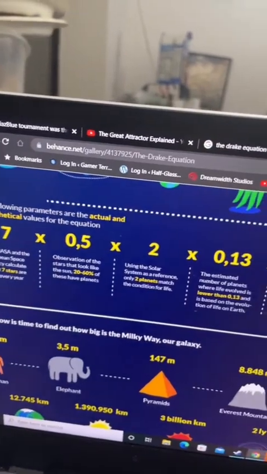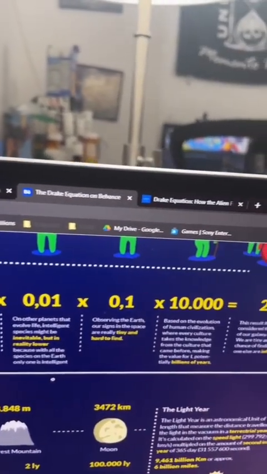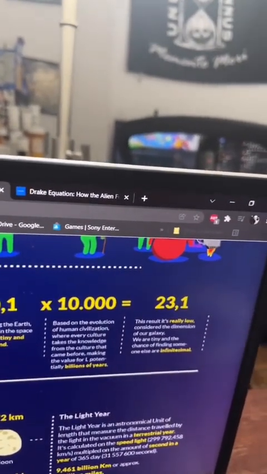Like, here's just one example. These numbers have been plugged in by astronomers that are looking for extraterrestrial life, and we get 23.1. That means that in the Milky Way galaxy, our whole galaxy, there are likely 23 civilizations that we might be able to communicate with. And remember, our galaxy, the Milky Way, is